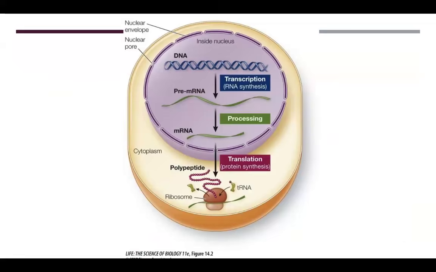So transcription occurs within the nucleus itself. The messenger RNA is formed within your nucleus. Then translation occurs where the ribosomes are, typically in the rough endoplasmic reticulum, which makes the proteins. So within the nucleus, transcription occurs, creating mRNA. Within the ribosomes, typically at the rough endoplasmic reticulum, translation occurs, where protein synthesis happens.